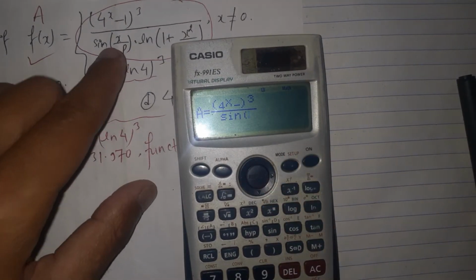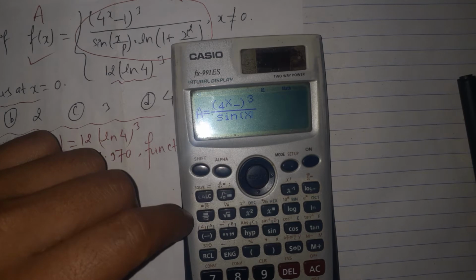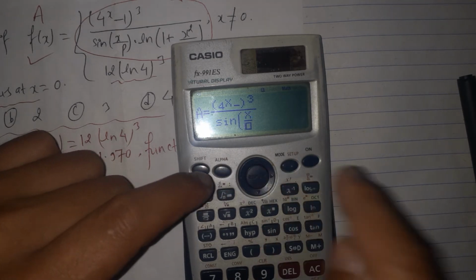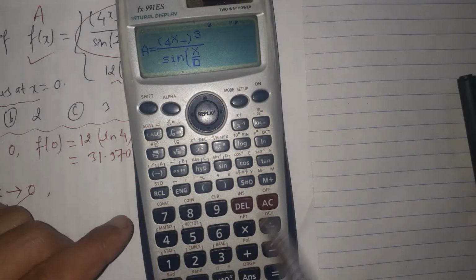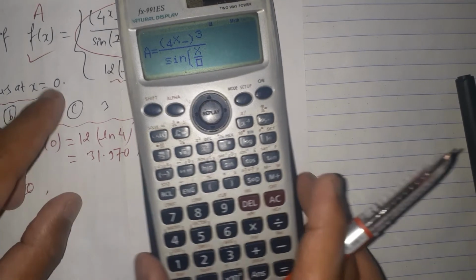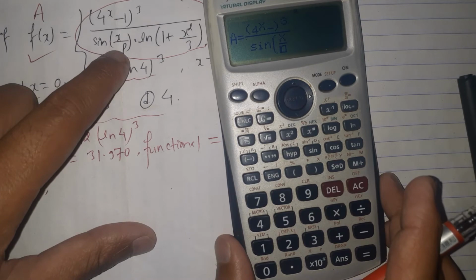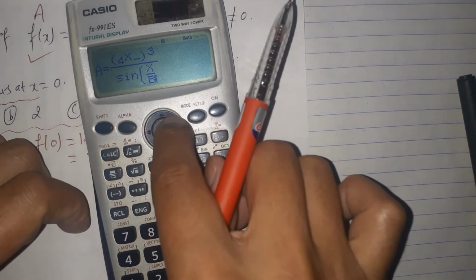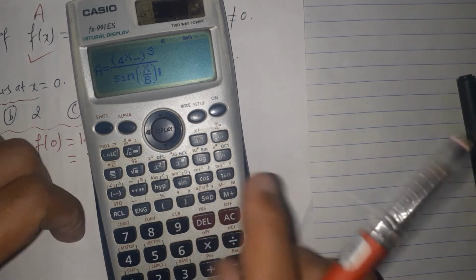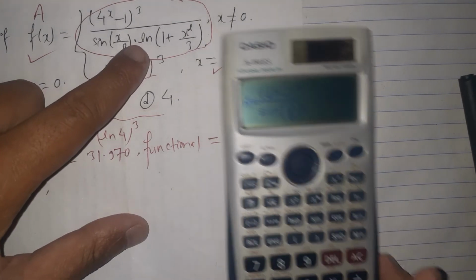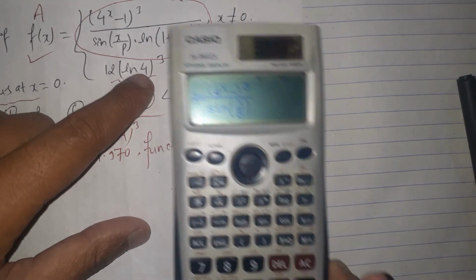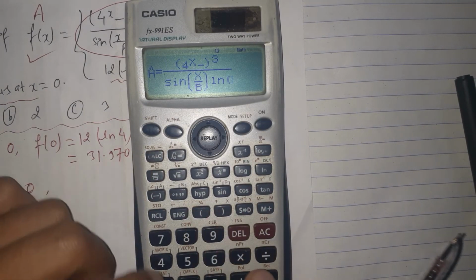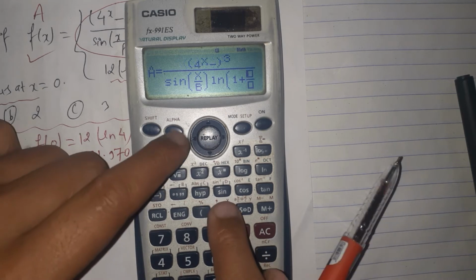Sine x over p. Let's type x over p, x over p, and there is no keyword for p, the letter p. Let's suppose this letter p is a b. Here the b is present. Here the b is taken in place of p, and the ln of 1 plus x square by 3. Let's type it: ln of 1 plus x square